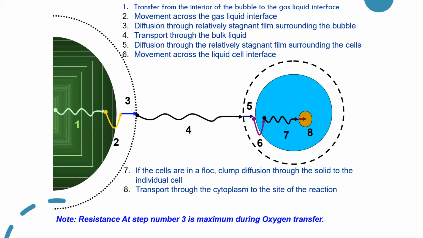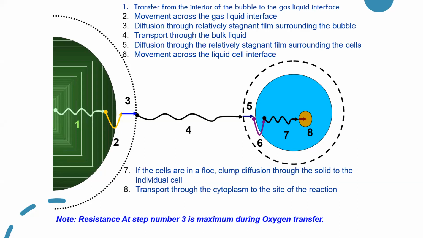Whenever we are talking about the mass transport phenomena across two phases, the first layer of contact of the different phase with the first phase is known as the thin film area. As per the thin film theory, the maximum resistance is offered by the first layer of the different phase. This question comes in GATE examinations many times: which layer of the liquid offers maximum resistance in the oxygen transfer? The answer is the thin film area surrounding the gas bubble.